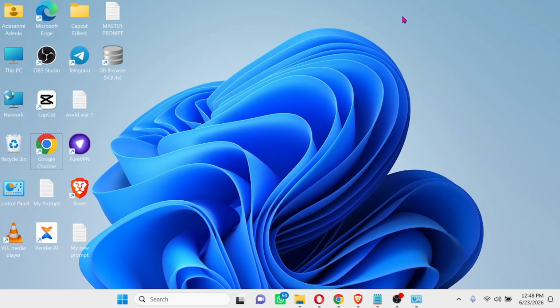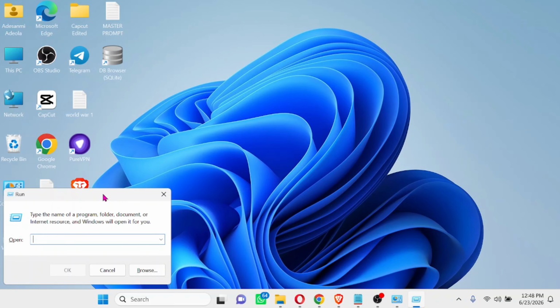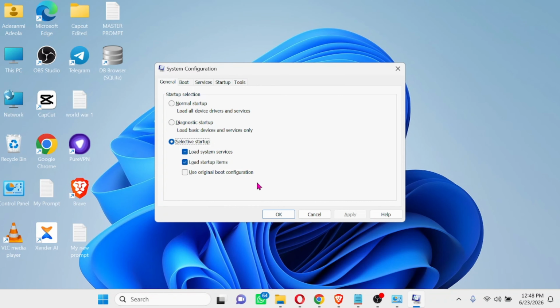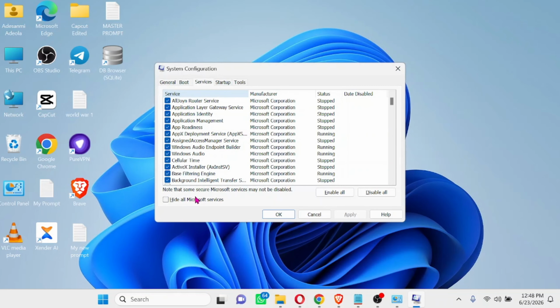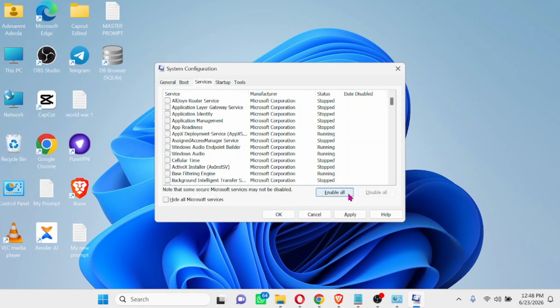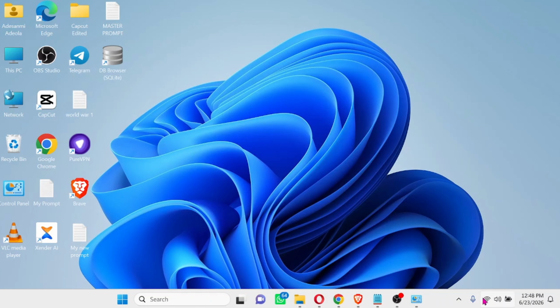Windows plus R to bring you to this run box here. Now here type in msconfig, then hit the enter button. It brings you to this interface. Then click on services. Then here make sure that this button is unchecked. If this button is checked, make sure it is unchecked. Then disable all, then enable all. Click apply, then click on OK. This should be able to fix every problem you're having with your Wi-Fi network not showing,